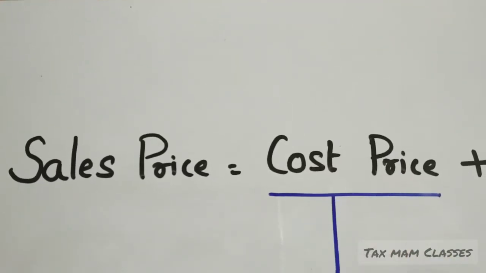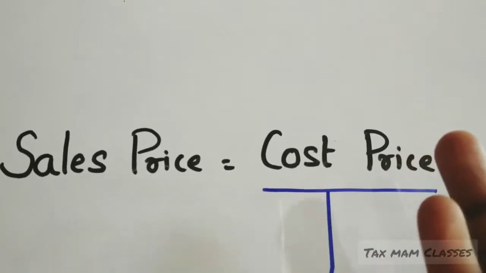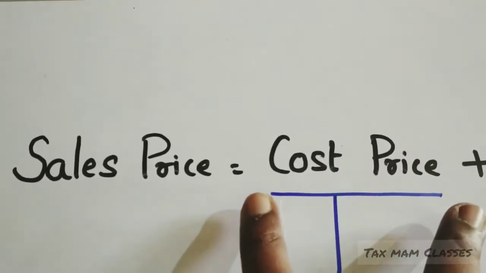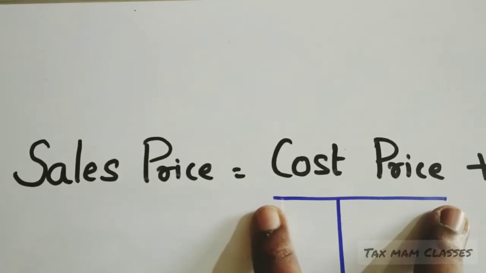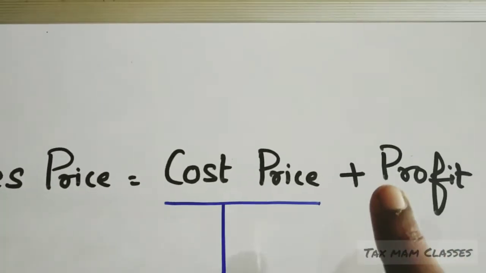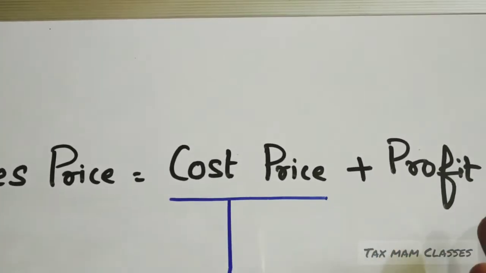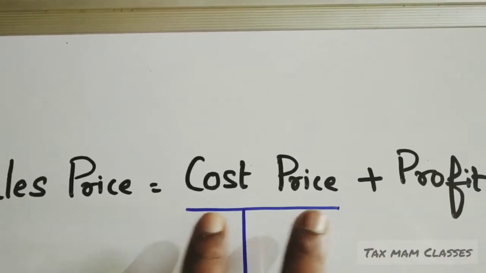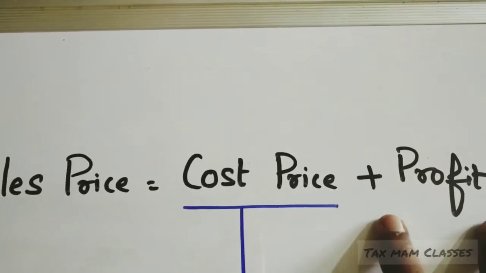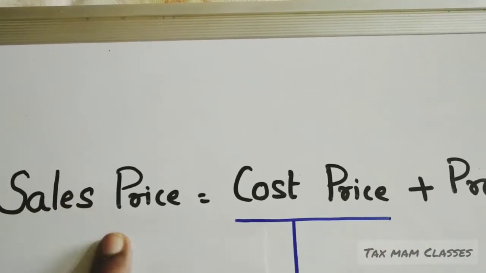So cost price includes all the things from the purchase of raw materials till it is sold in the market. We will have all that expenditure in the cost price. To that cost price, the manufacturer will add profit. Why are we adding profit? Because a business's main motto is profit. Without profit, no one will sell the product at cost price itself. They will add the profit and then sell it in the market, and they will call it the sales price.